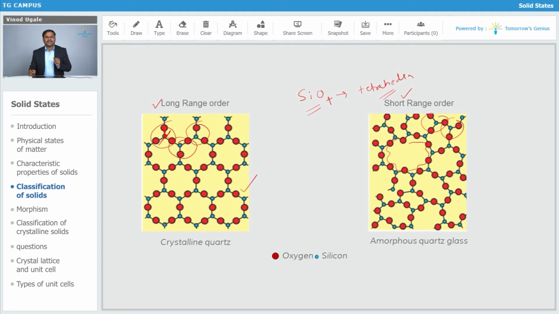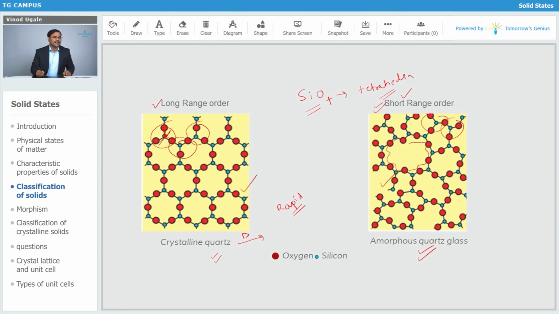So how is this formed? When we heat crystalline quartz, it is fused, and when we cool it rapidly, then we are going to get the amorphous quartz glass. So heating and then cooling rapidly will create certain imperfections in the arrangement of particles, and due to those imperfections, the arrangement or the pattern is not repeated for the longer distance,